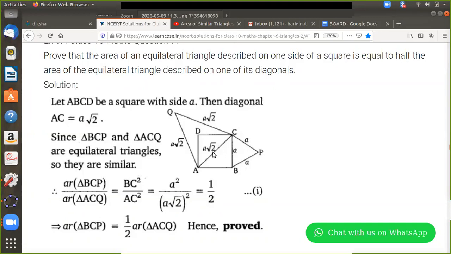The Pythagoras theorem, because you know this is a 90 degree. So if this is A and this is A, AB square plus BC square will be equal to AC square. So your AC square will be A square plus A square, which is 2A square. And when I take the square root of 2A square, I'll get root 2 times A. So if the diagonal is root 2 times A, the other 2 sides of the triangle also will be root 2 times A, because the triangle that I'm drawing is an equilateral triangle.